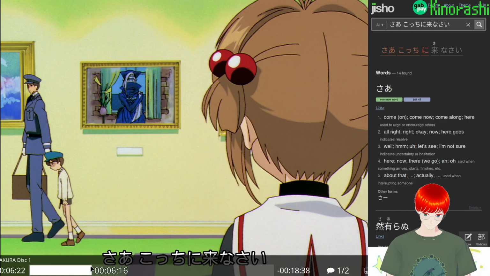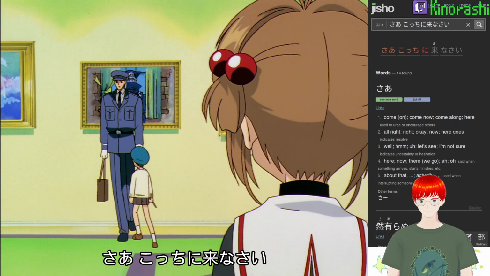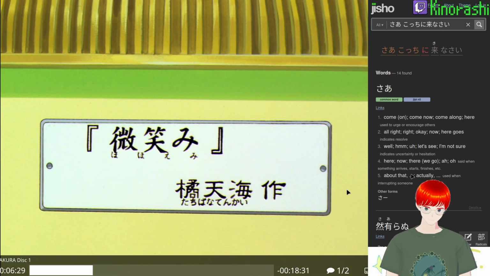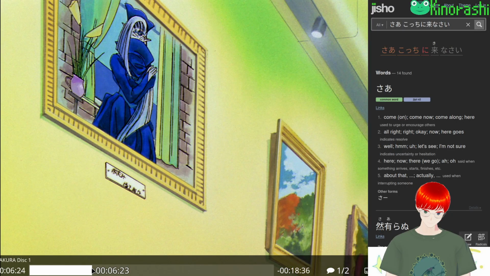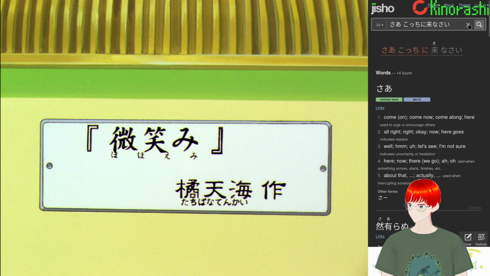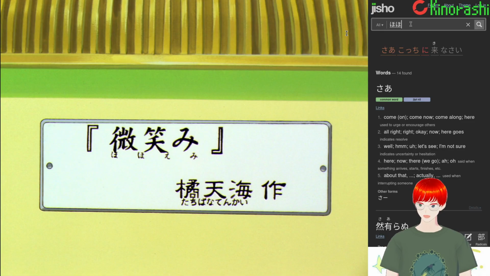おとなしくして。さあ、こっちに来なさい。微笑み立花展開。Interesting, that's not subtitled. 微笑み立花展開。